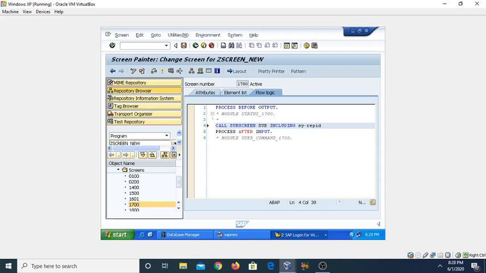Here this is system REPID defining your current program. That means the current program is, in my case, ZScreen_new, and the main current screen is 1700. So here I am defining n, and the value of n we will pass through the button by clicking on the button.